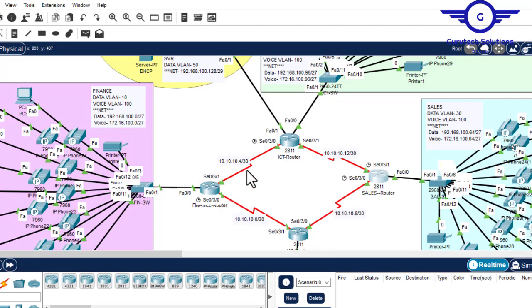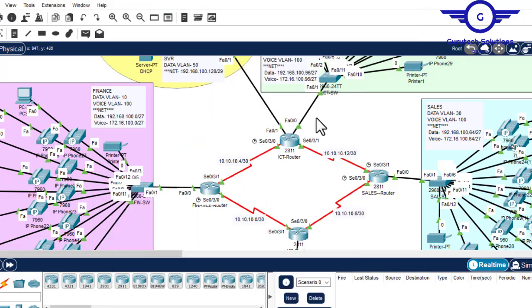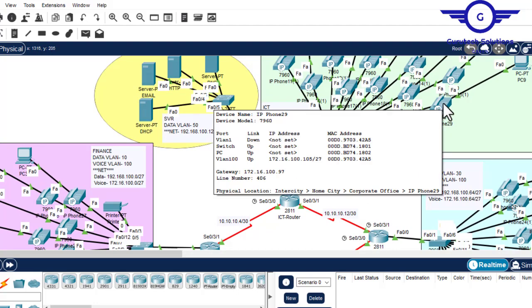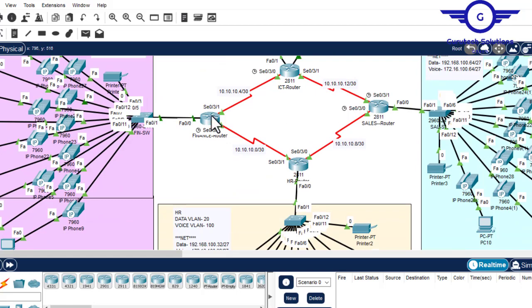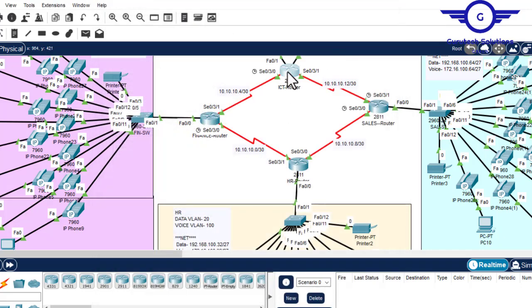How many groups? Group 1, another group here. For example, go to this router and check which group was connecting to this one, to the ICT router. ICT router has a pattern of 4 dot dot. So I'll go to the finance router first and see which group was connecting to 4 dot dot. It was group 2. Okay, so I go to the ICT router,